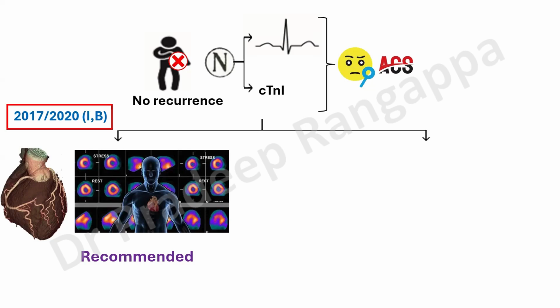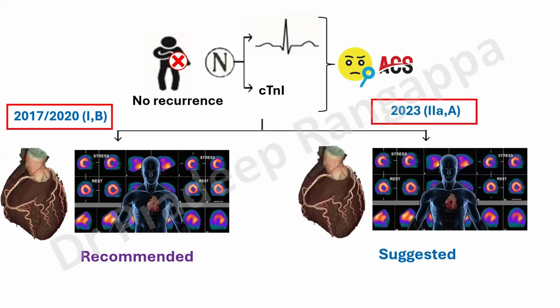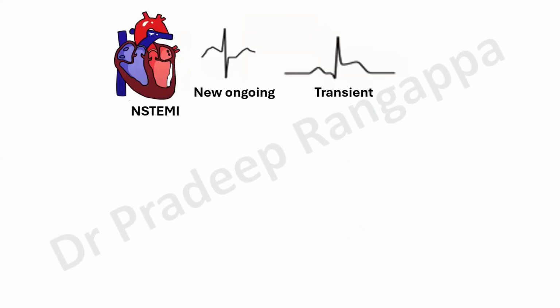So the 2017 guidelines suggest that some non-invasive investigative modalities like MRI or radionuclide imaging have to be done to ascertain the risk of any myocardial ischemia. Even in 2023, the 2A, when I say 2A, there is a suggestion. This is not a strong recommendation, but a good level of evidence that cardiac MRI or a non-invasive modality, like a radionuclide technetium scan and so on, has to be thought of in determining the myocardial ischemia, is what has been suggested in 2023.